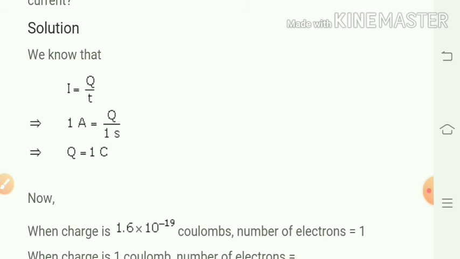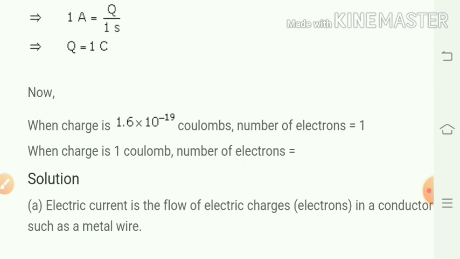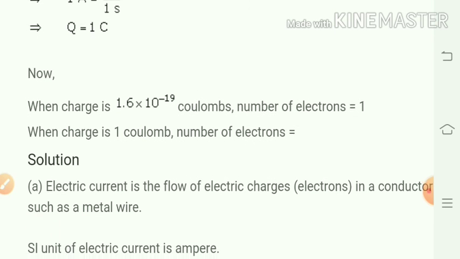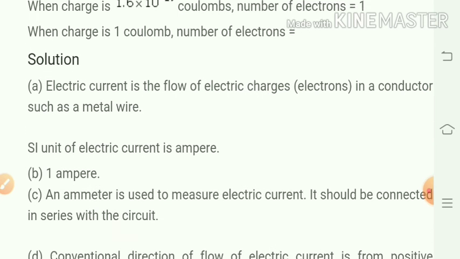For 1 ampere current, charge Q is equal to I into T. Therefore, Q is equal to 1 ampere into 1 second, which is 1 coulomb. When charge is 1.6 into 10 raised to minus 19 coulombs, the number of electrons is 1. And when charge is 1 coulomb, the number of electrons will be...